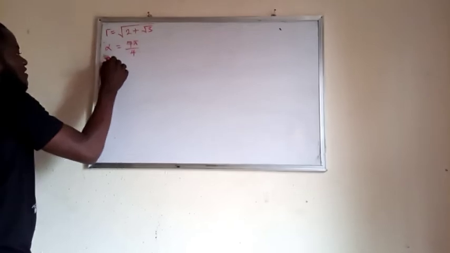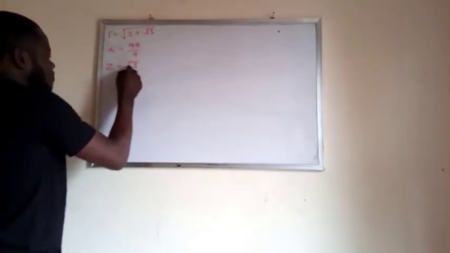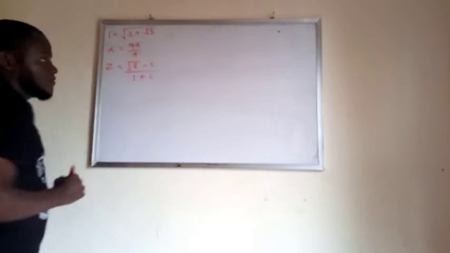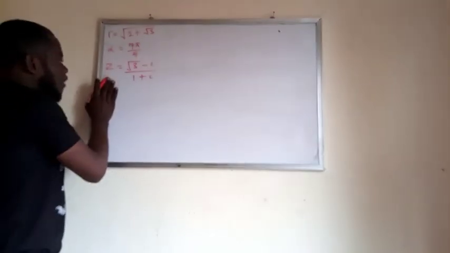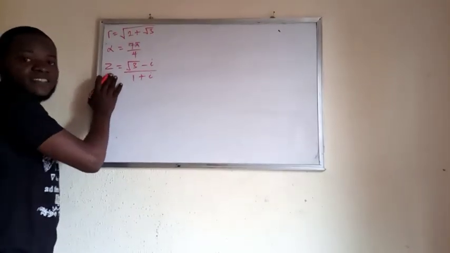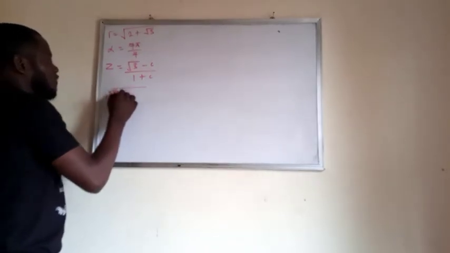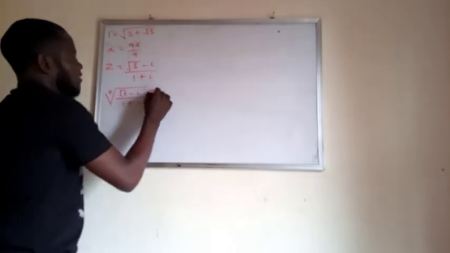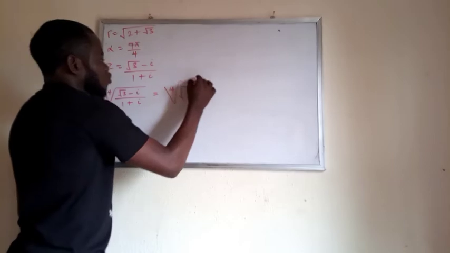Remember, our complex number z is the square root of 3 minus I divided by 1 plus I. Yes. The fourth root of this complex number z will now be the fourth root of root 3 minus I divided by 1 plus I, and this will become the fourth root of the square root